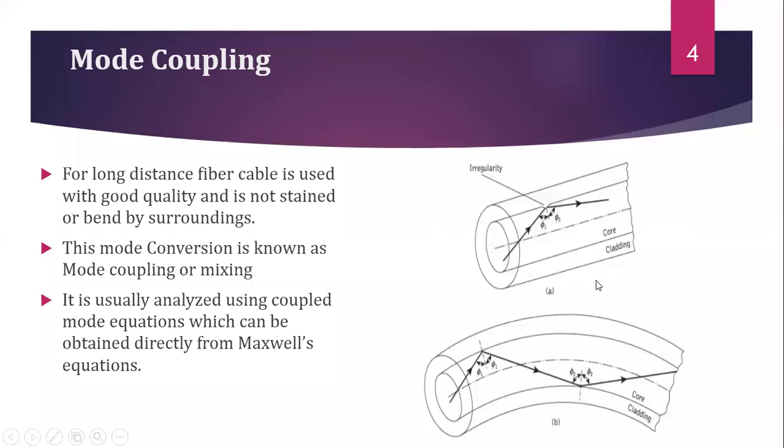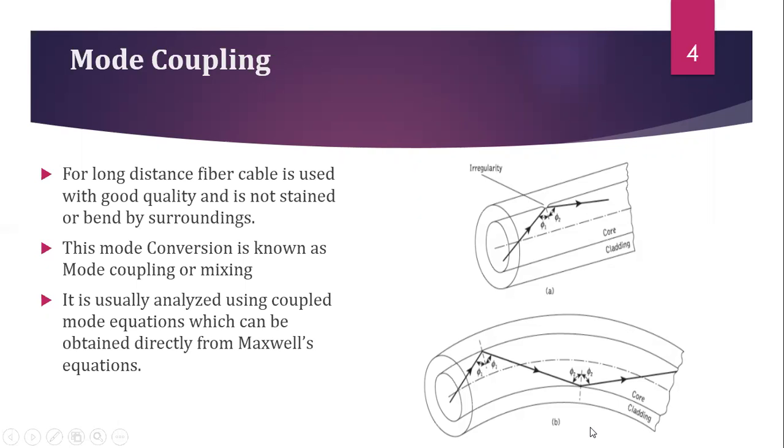The next one is mode coupling. So far we considered the propagation aspects of a perfect dielectric waveguide. However, waveguide perturbations such as deviation of the fiber axis from straightness, variation in the core diameter, irregularities in the core-cladding interface, and relative refractive index variation may change the propagation characteristics of the fiber. So these will have the effect of coupling energy traveling in one mode to another mode, depending on the specific parameters.